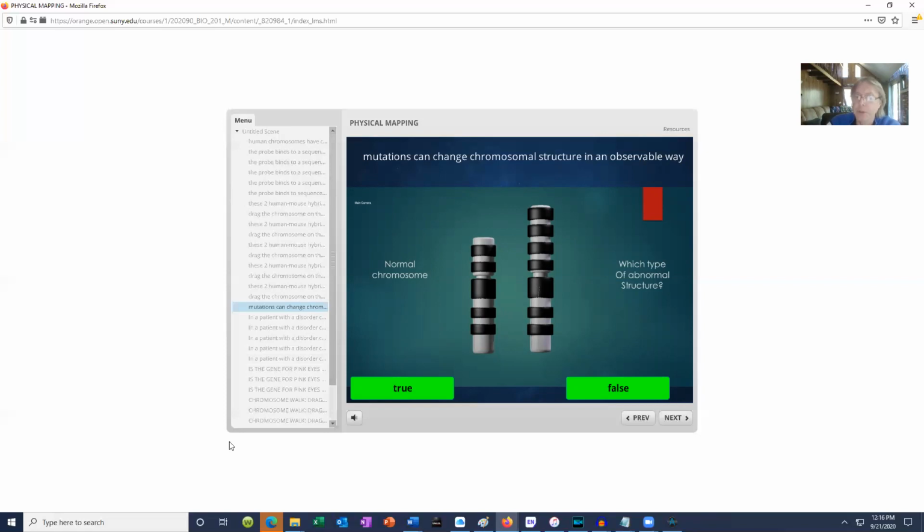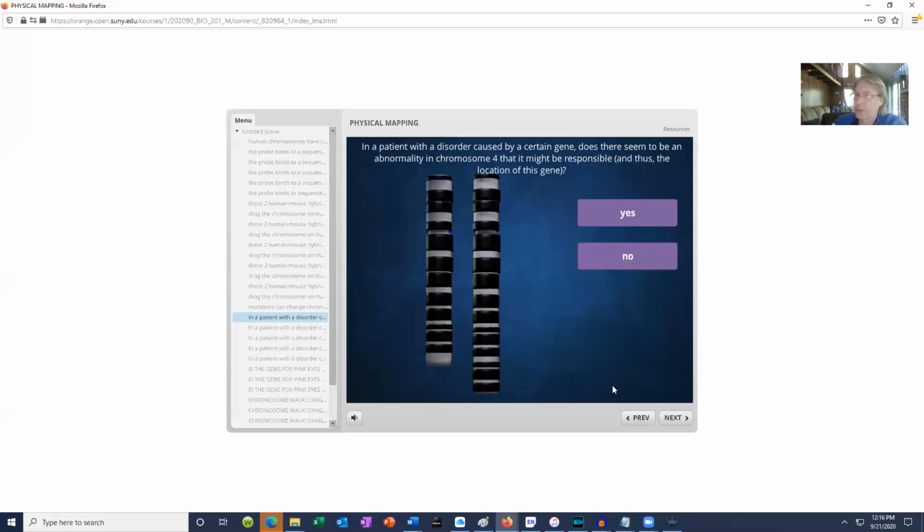Well, sometimes you notice that in that family, one of the chromosomes has an abnormality. So chromosomes can have deleted regions, duplicated regions, there could be an inverted region, there could be something wrong with this chromosome. And so while it isn't certain, it is certainly possible that in this family there was a mistake which affected the chromosome, duplicated a region, deleted a region, etc. And that then is the cause